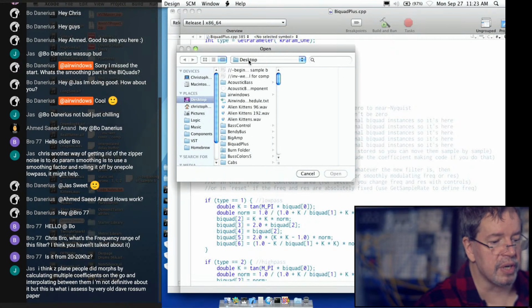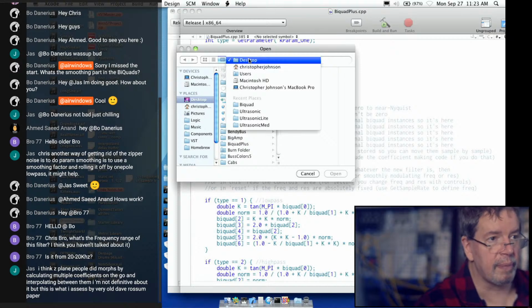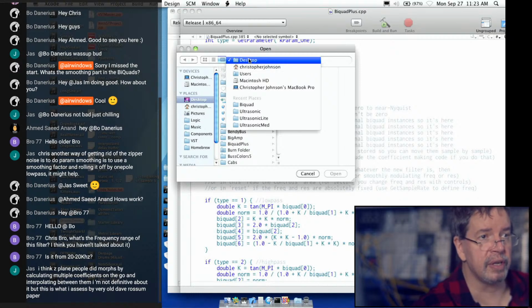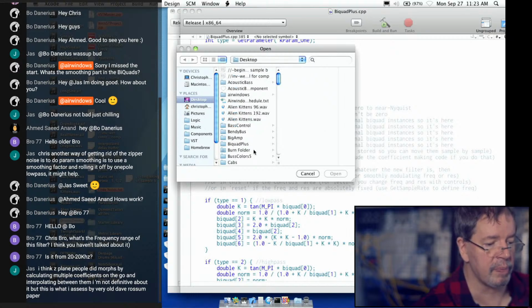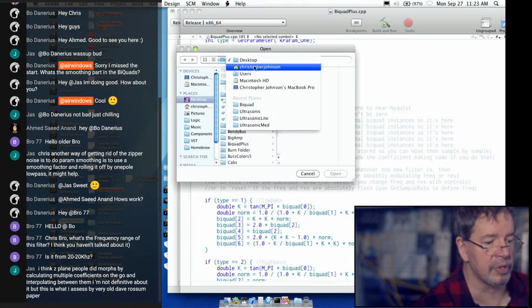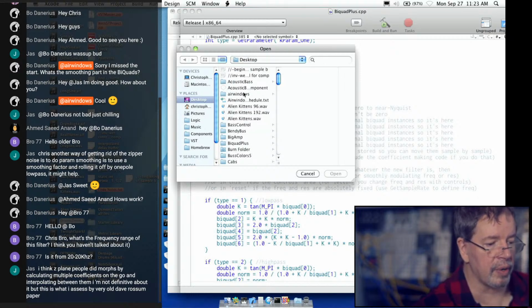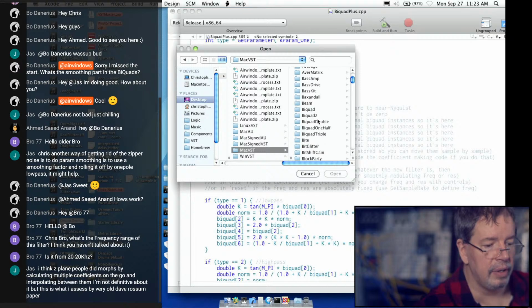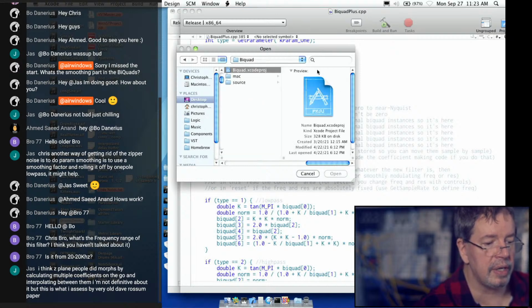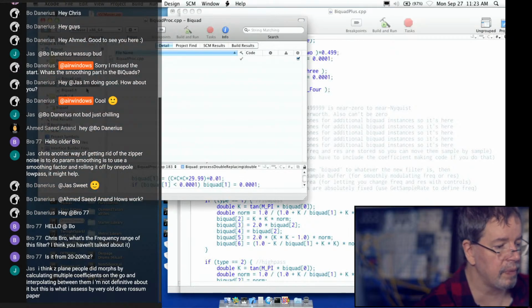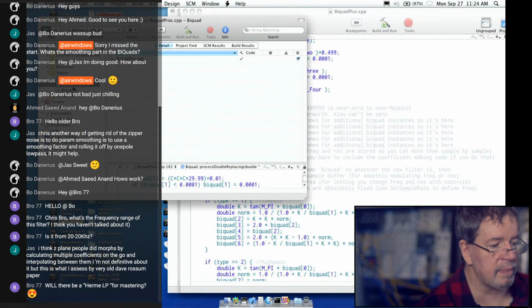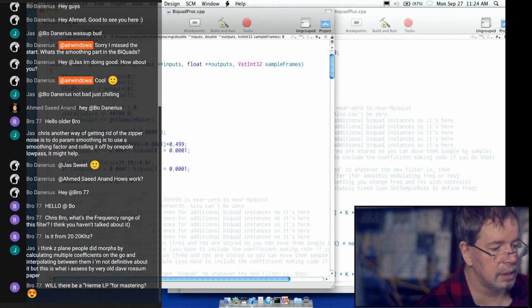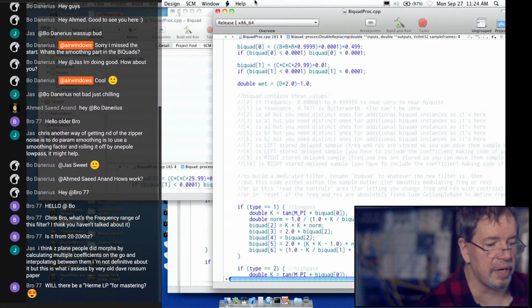Let's open the VST version. That'll give me what I need. I don't really mind having some extra numbers sitting around, some extra long double space sitting around in the AU version if it means I can have this working consistently across everything. It's not that high of a price to pay, especially since it's not actually going to be getting used. Where am I going? I'm going to Airwindows, plugins, Mac VST, and original Biquad, at which point it should be updated and should say, let's see, it's going to be in Biquad proc. There we go. That's what I need.